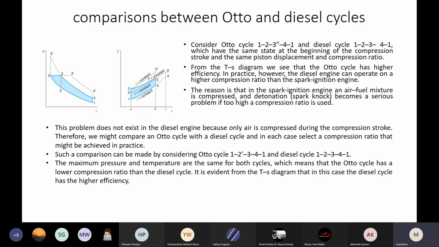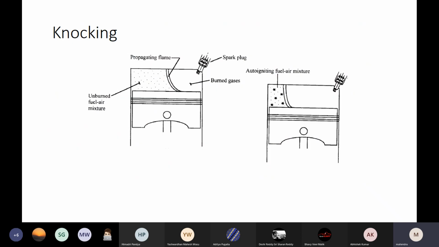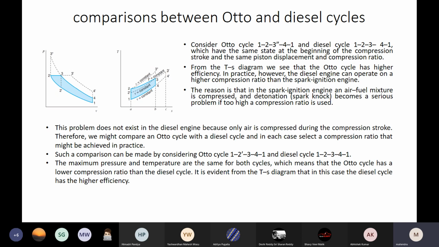It's compression when you are comparing, 1 to 2 is compression and this is the constant volume retention. In that case, what happens? The auto cycle is this much only, within the same limits. However, the diesel cycle work is this much. Certain difference will be there. Now, if you consider the auto cycle, pressure is increasing beyond certain limit. That is maybe knocking in case of